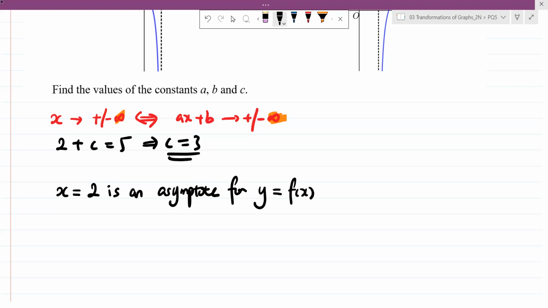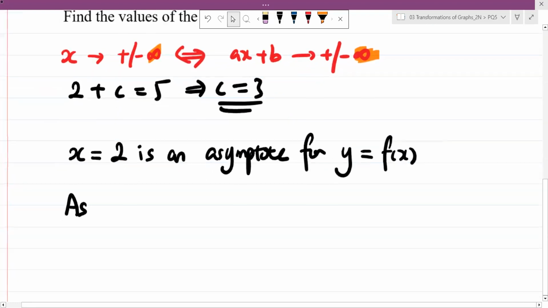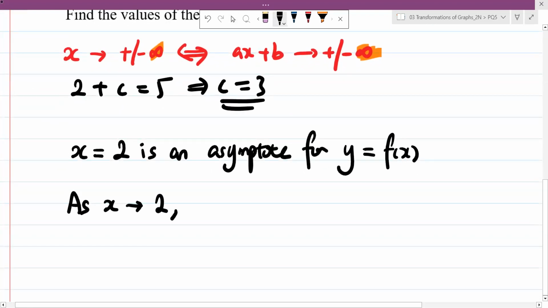I gave you the first word. As x approaches 2, y approaches infinity. Okay, so now from this point forth, as long as we are talking about transformation of graphs,